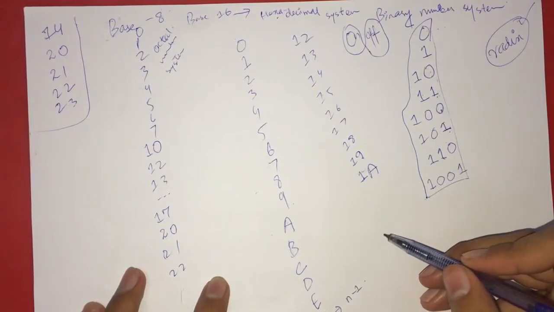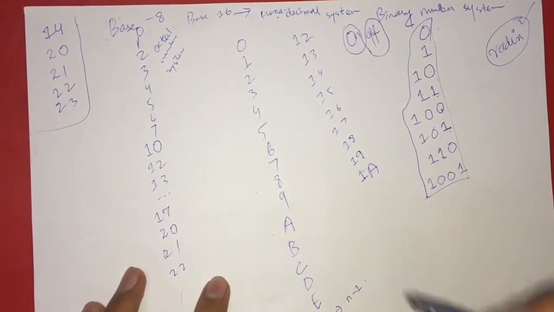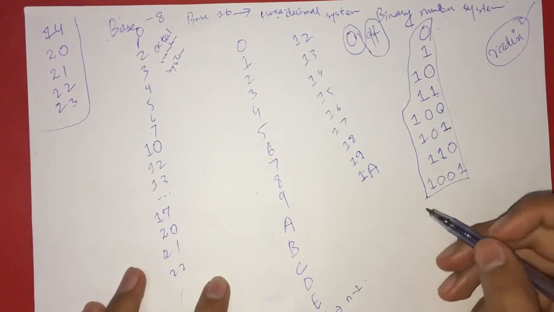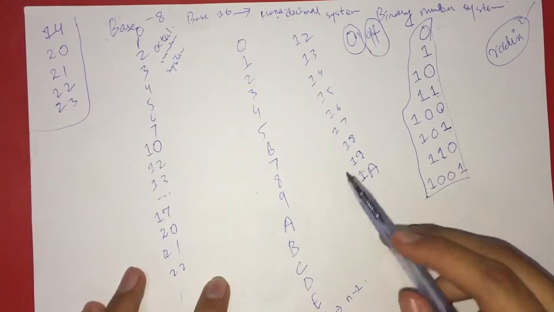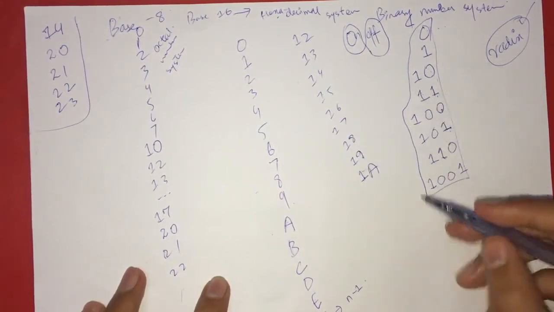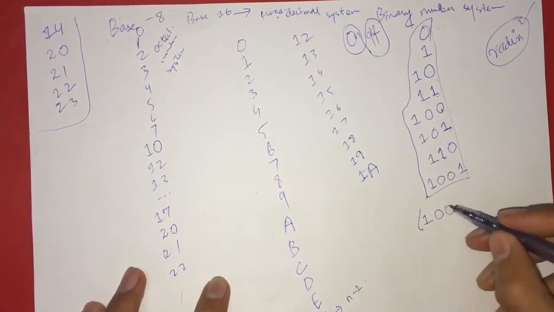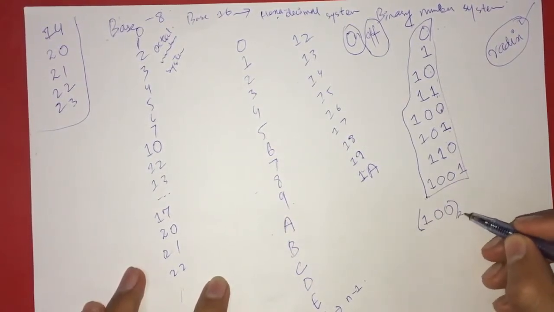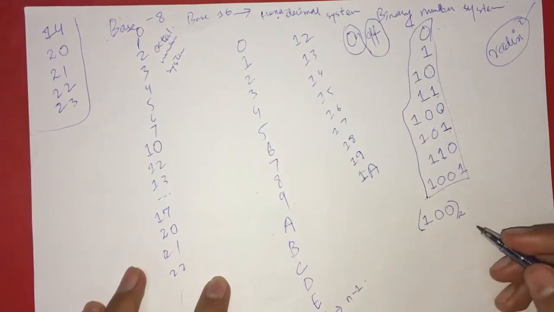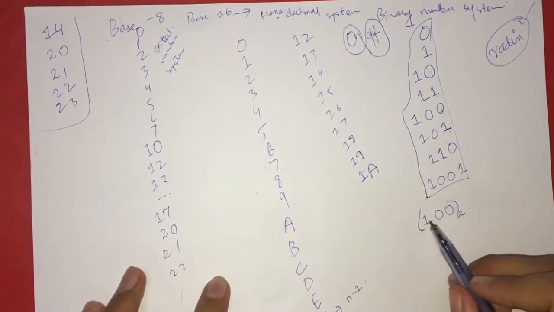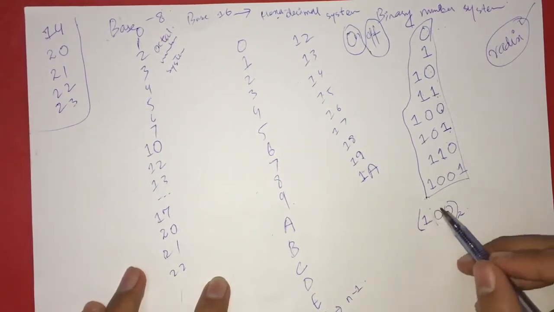So in today's video, let's discuss how you convert a number from one number system into another. For example, you have a binary number, 1 0 0, and you want to convert it into a decimal number system. The method for this is you multiply each individual digit by the base,